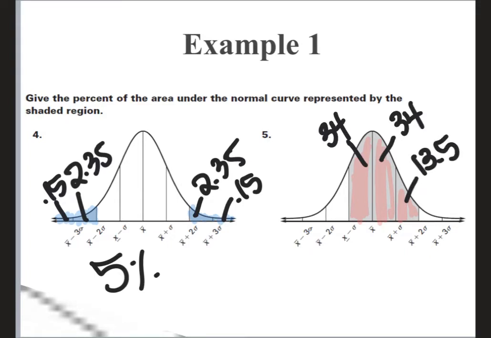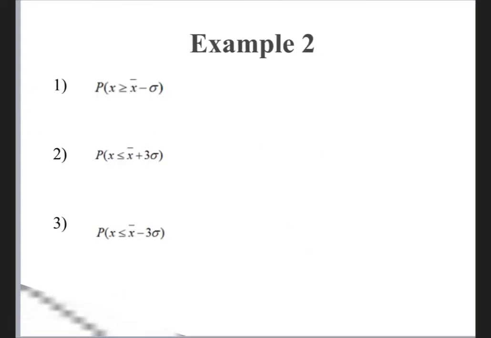Okay, so we're going to add those up. So 34 plus 34 plus 13.5 is 81.5. So 81.5 of my data is shaded below. Okay. Now, what this stuff means here,